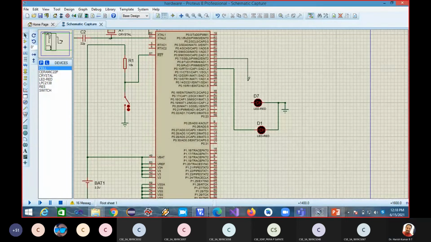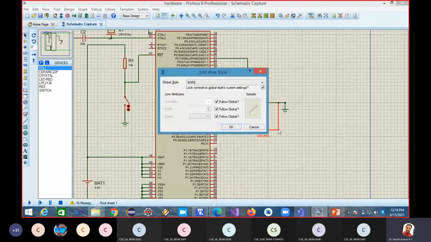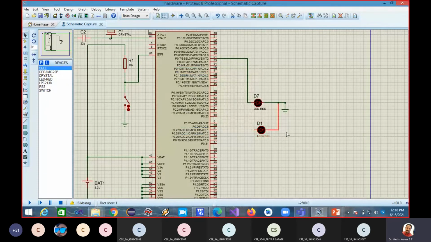From here, I'm connecting. Okay. So this one I'll modify, deleting this. So this one also. Let me take this upper here. Now from 0.6 I connected to that.